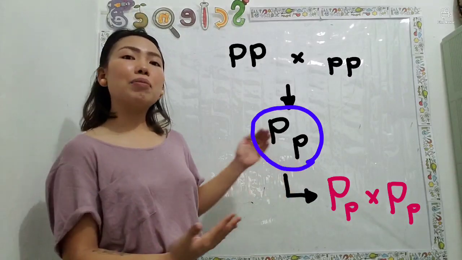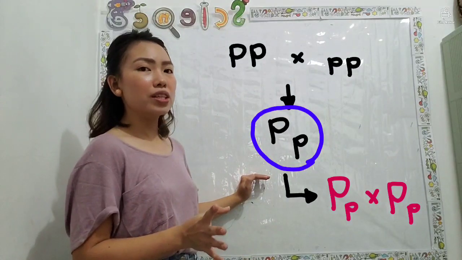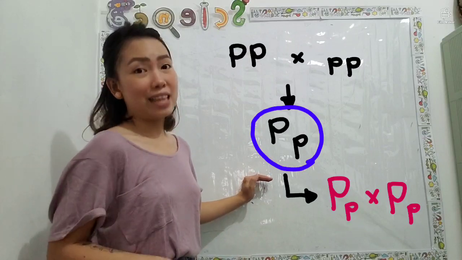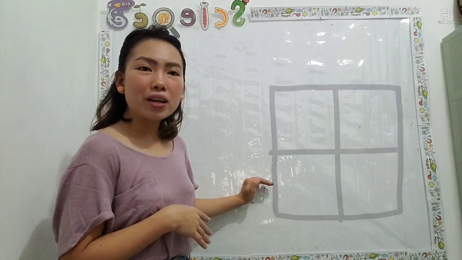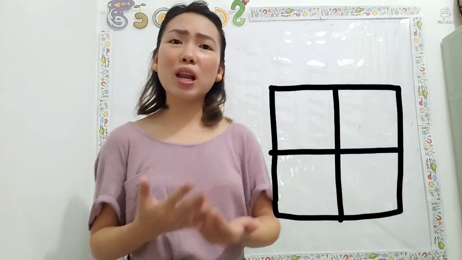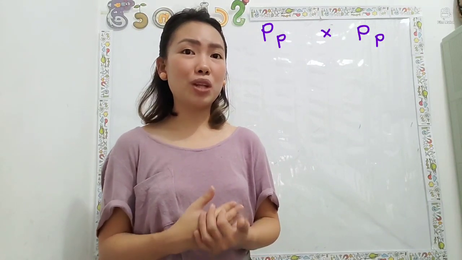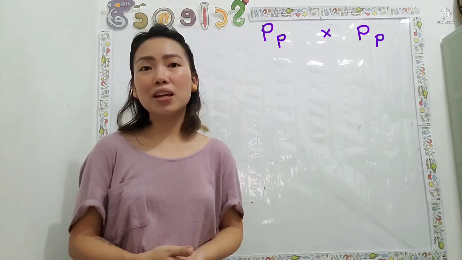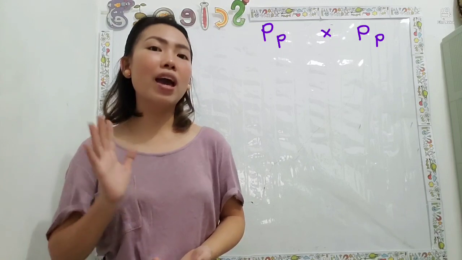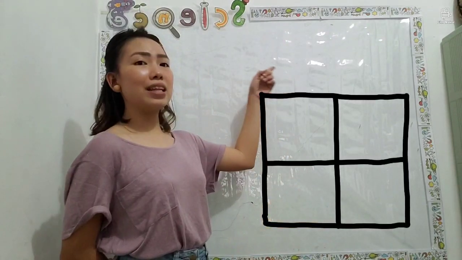But since ang gagamitin natin ay yung resulta sa first filial generation, then our genes now will become the capital letter and the small letter, or in short, the heterozygous. Again, using our Punnett square, i-identify natin ano kaya ang kalalabasan ng cross kung dalawang dominant ang aking gagamitin. Pero dalawa man dominant, ang letter naman na gagamitin ko now is a result of the first filial generation, which is now heterozygous. So using our Punnett square, lagay ulit natin sa taas